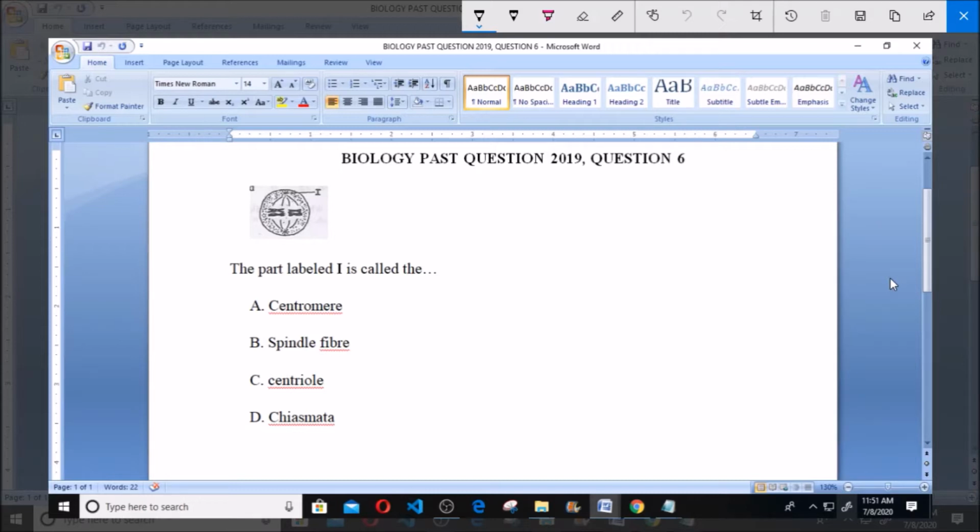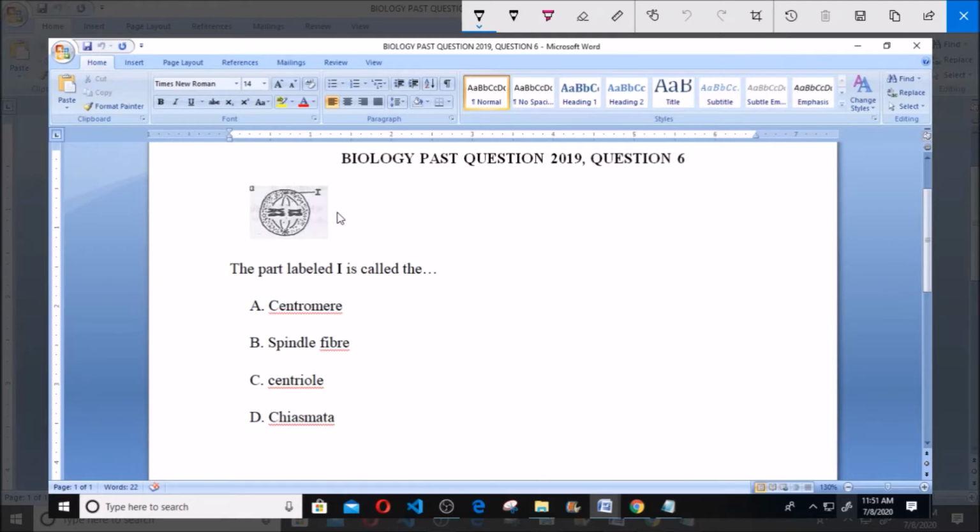Today we'll be dealing with Biology Past Question 2019, Question 6. The part labeled I in the diagram is called the A. Centroma, B. Spindle fiber, C. Central, D. Chiasmata. Now, when you're given a question with a diagram, the first thing to do is to identify